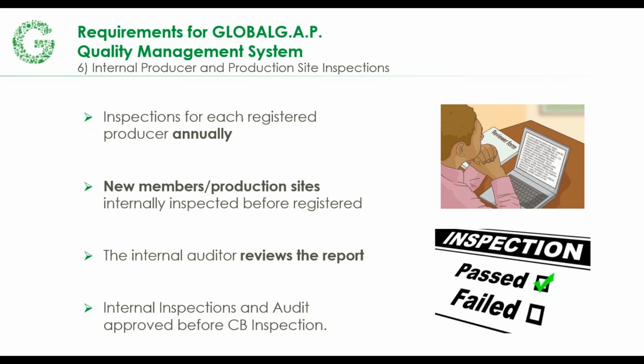This can be done on a consistent 12-month schedule. So maybe the first year of certification, the internal inspections are done a little bit before harvest or right at harvest in order to make sure that the internal inspections include harvest. But after that, knowing the criteria of GLOBALG.A.P. and when inspections can be done, those inspections can be done during agronomic activities.